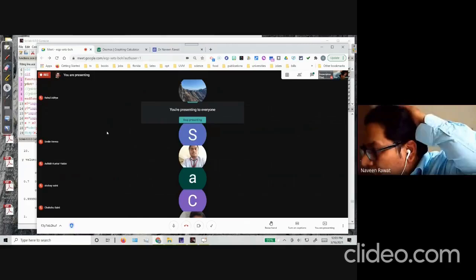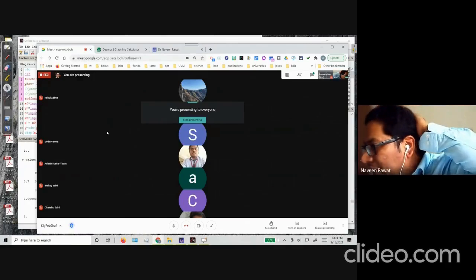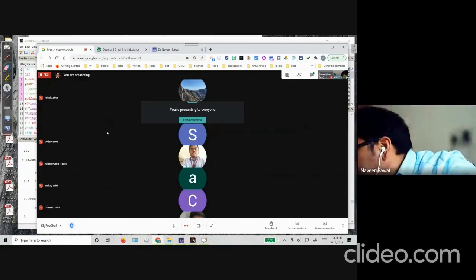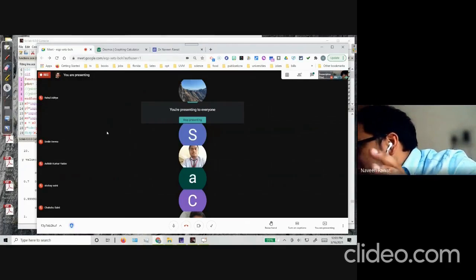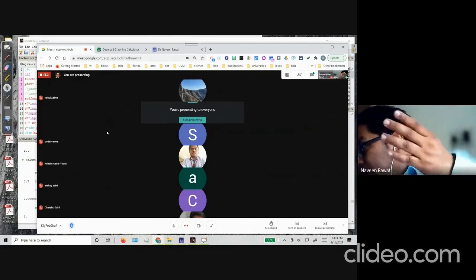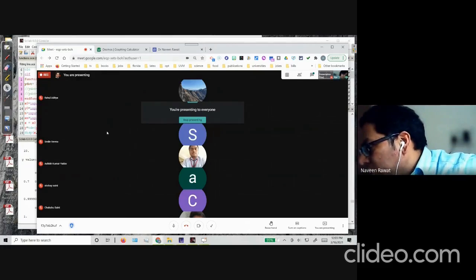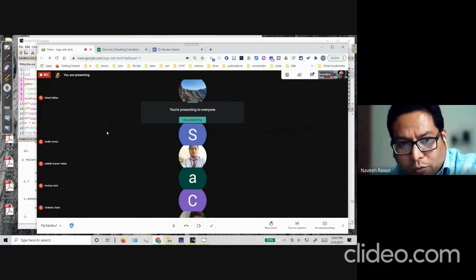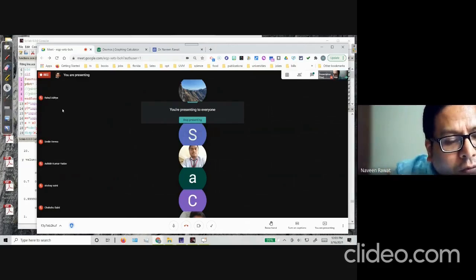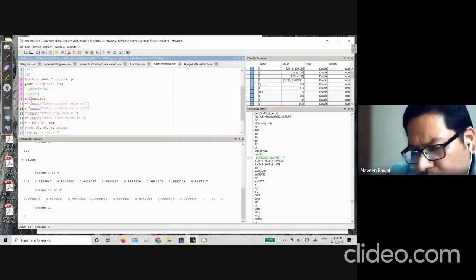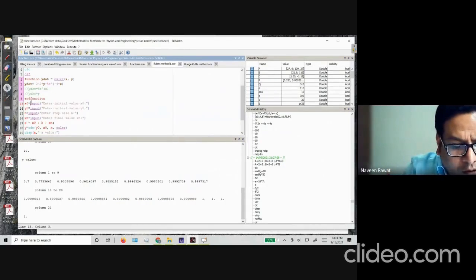All right, there are predefined functions that will help you calculate. Let me see if I have a list. There are different methods to solve it. There is Adams method, RK2 method, there is Champine and Watts method, there is a way to calculate the roots, there is a discrete method. So there are very different methods to actually solve the equations. There is the Jacobian method, and there are many, too many to count. So again, once you start using Scilab, you can just explore all the functions, whatever you want.